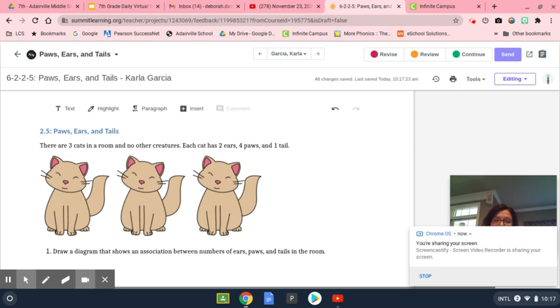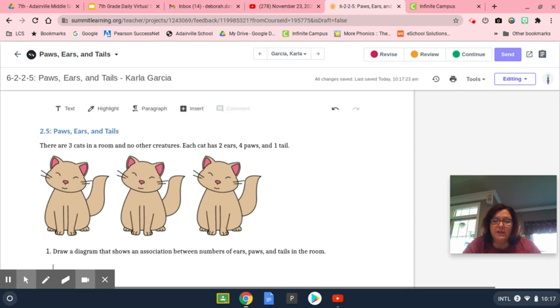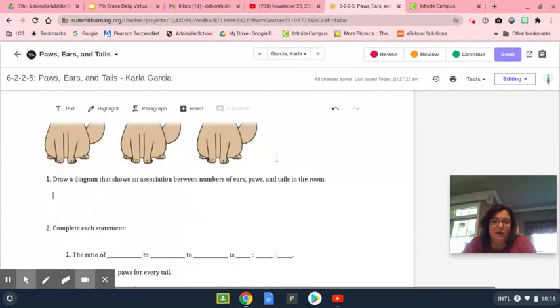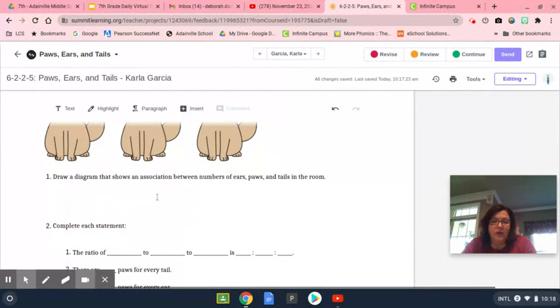This is help for checkpoint 2, paws, ears, and tails, and this is in the ratios unit. There are 3 cats in a room and no other creatures. Each cat has 2 ears, 4 paws, and 1 tail. The first question says to draw a diagram that shows an association between the number of ears, paws, and tails